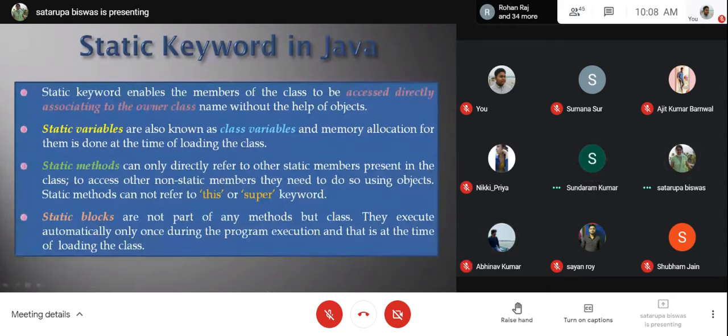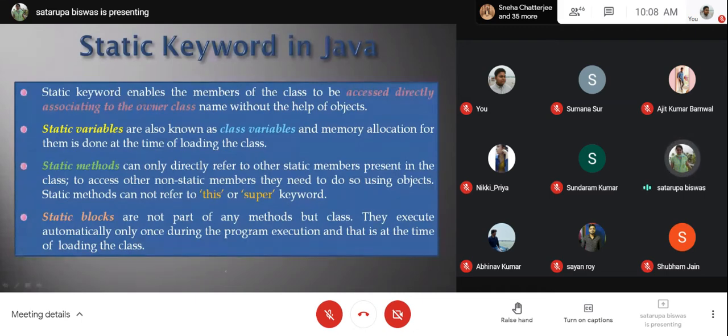Yes, ma'am. Okay. So today we'll start the concept of static keyword, and a little bit of this is already known to you. When we have discussed the public static void main, in that essence we know already what static is.